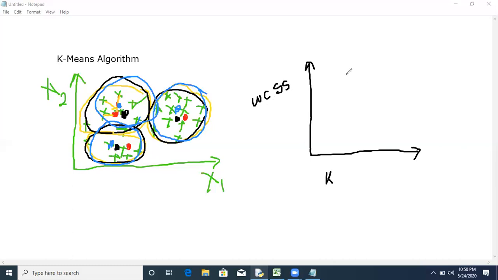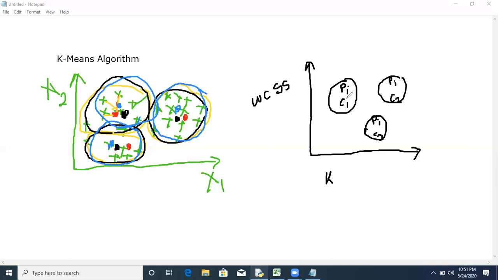Suppose there are 3 clusters initially. Pi indicates all the points in this cluster, and similarly this is again Pi, all the points. I represents the values of points from 0 to, suppose there are 10 points, so 0 to 9. So P0 to P9, you have to consider all the points and their clusters. This is cluster 1, this is cluster 2, and this is cluster 3, and this is Pi of this third cluster.